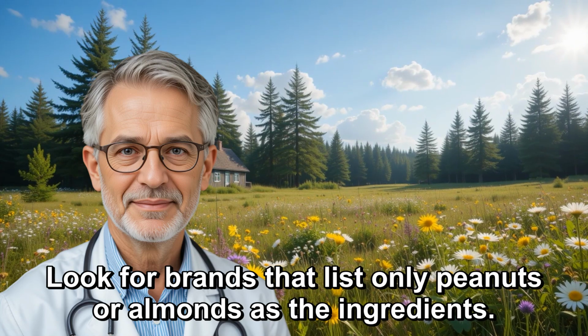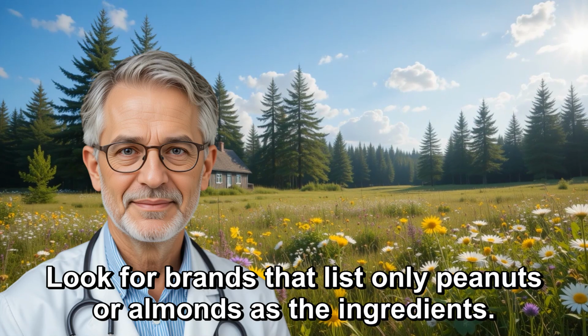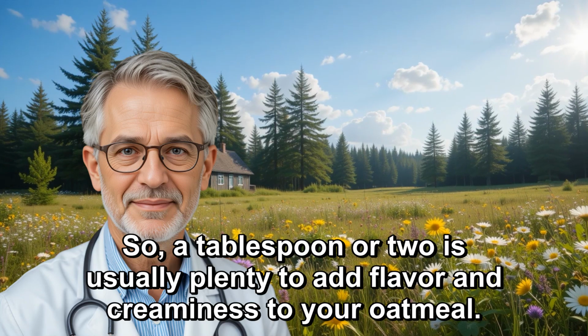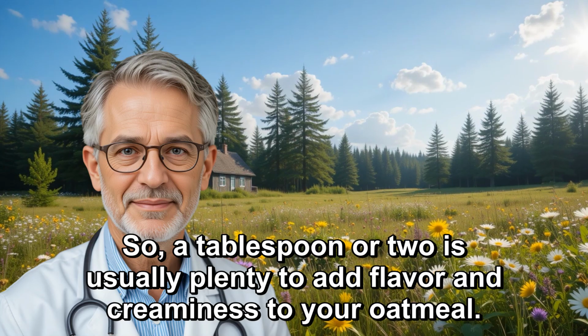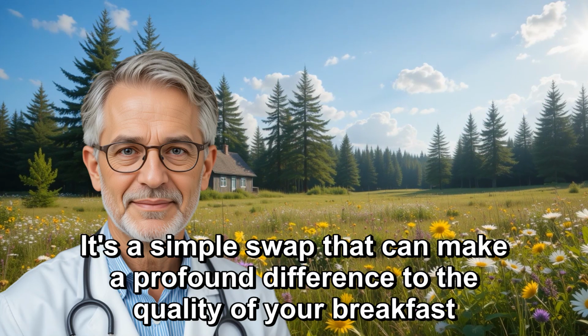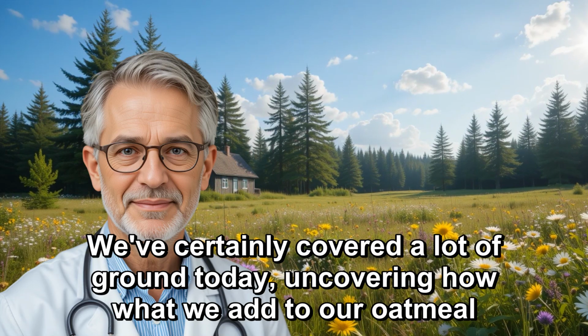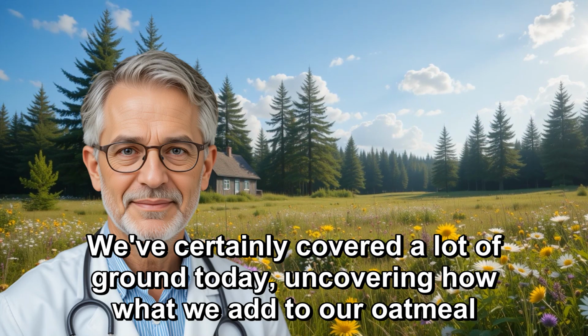Look for brands that list only peanuts or almonds as the ingredients. And remember, even healthy fats are calorie-dense, so a tablespoon or 2 is usually plenty to add flavor and creaminess to your oatmeal. It's a simple swap that can make a profound difference to the quality of your breakfast and your overall health. We've certainly covered a lot of ground today, uncovering how what we add to our oatmeal can